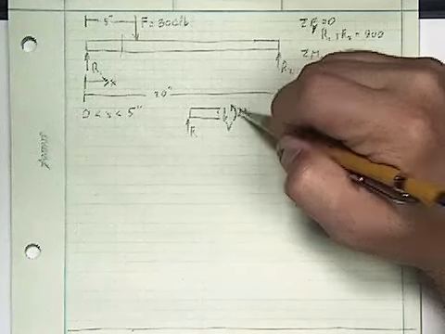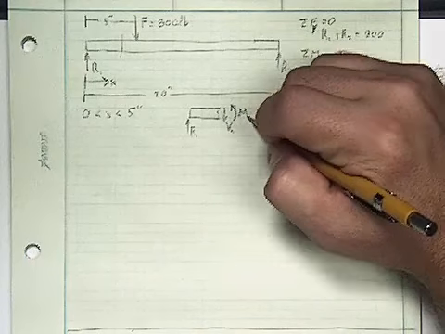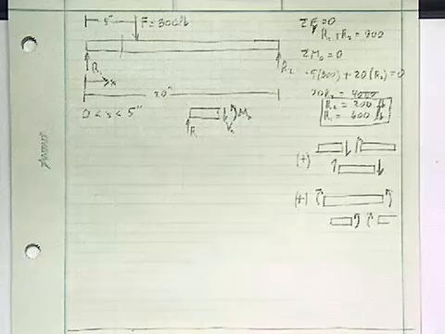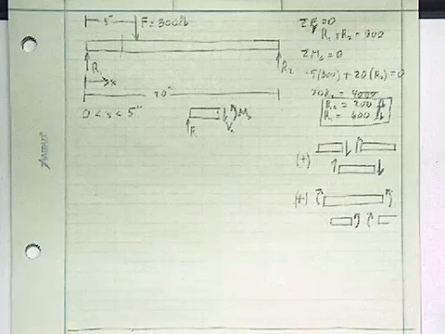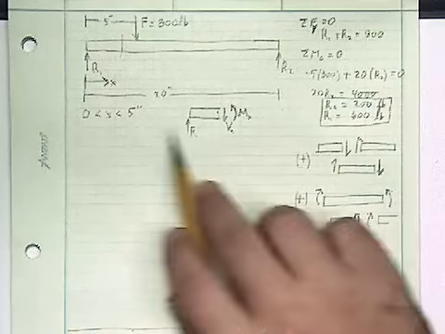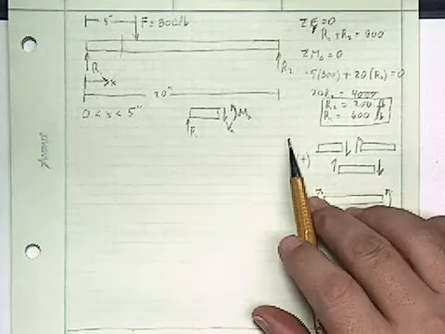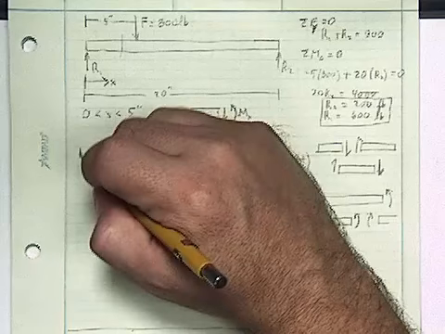Okay. And if we want to, we could even label that these are functions of x. So I'll put a little x as a subscript just to remind myself that these are going to be functions of x. Okay, so with this as my free body diagram from 0 to 5 inches, let me write what I've got. I've got R1